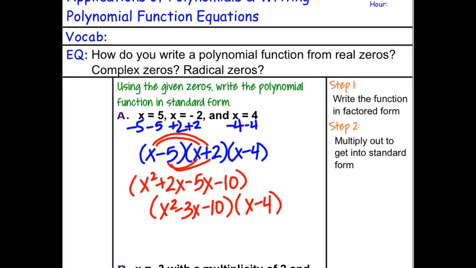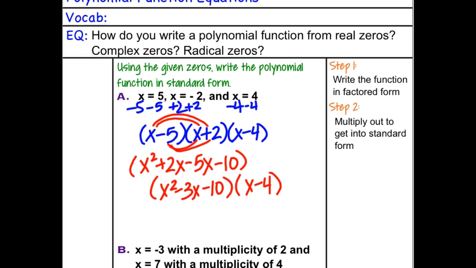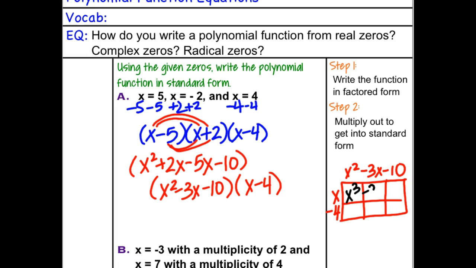Now we're going to go ahead and do the box method over here. So we got x squared minus 3x minus 10, x minus 4 over here. Then when we multiply it out, we get x cubed minus 3x squared minus 10x minus 4x squared plus 12x plus 40. Then when we combine our like terms that fall down the diagonals, we get a final answer